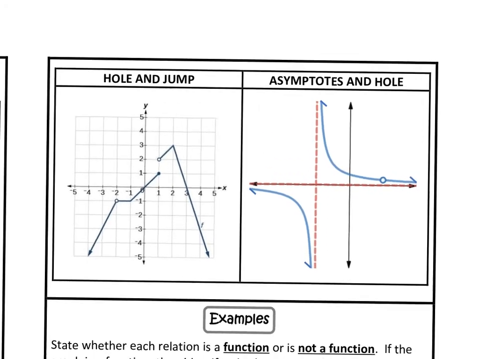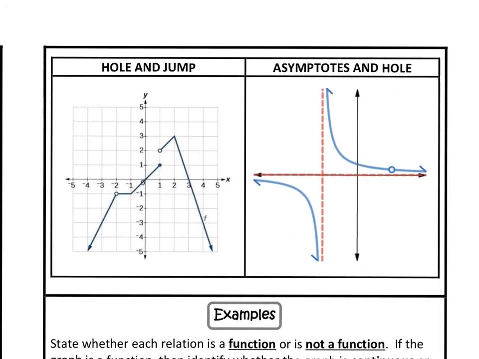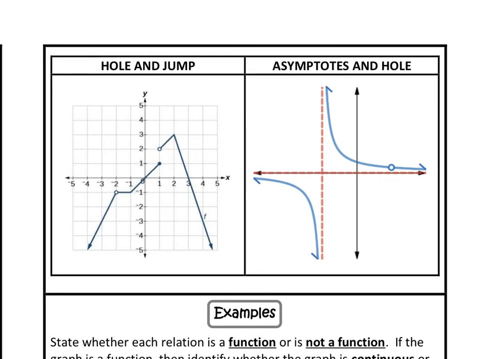Sometimes there's special situations where there's more than one type of discontinuous feature to the graph. Okay, so let's look at the example on the left here. So this graph, first of all, would you say that it's continuous or discontinuous? I would say it's discontinuous